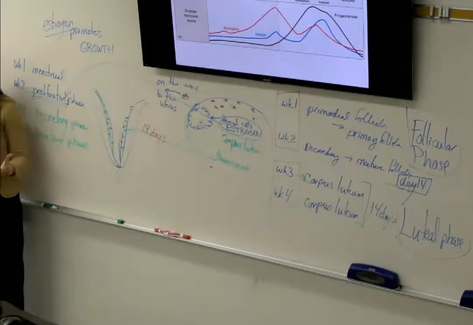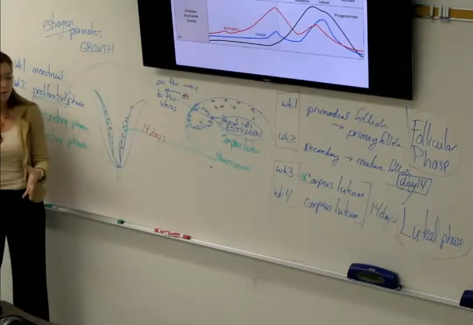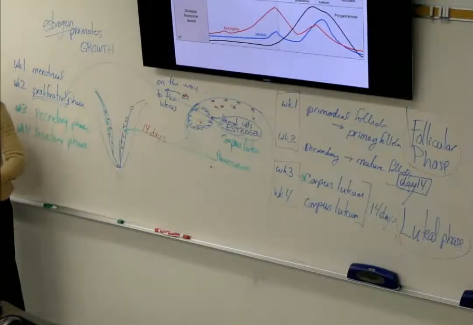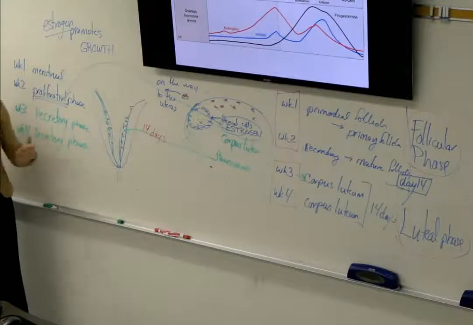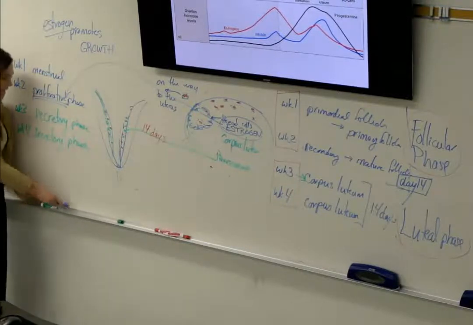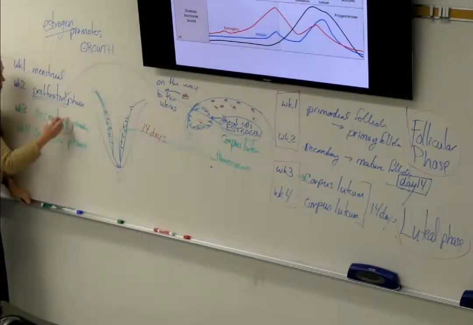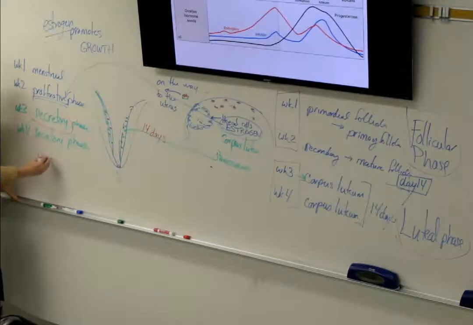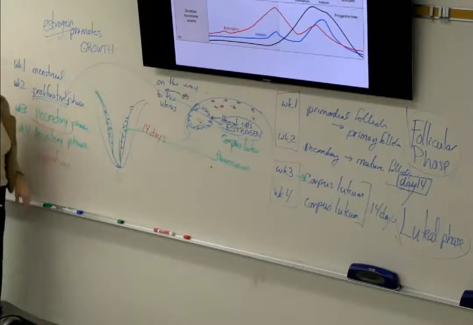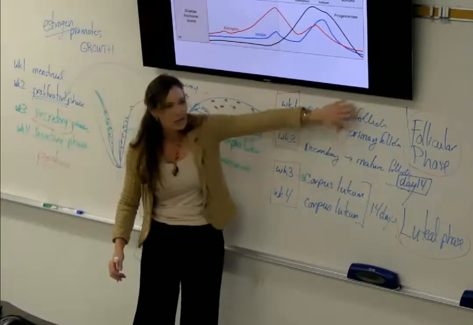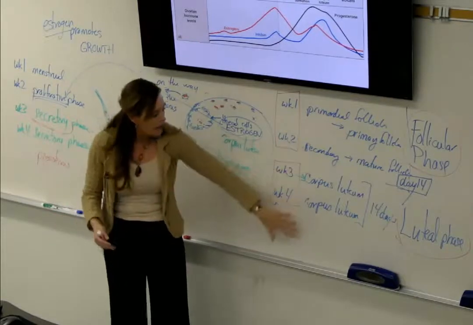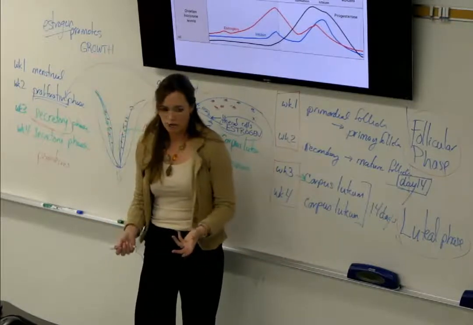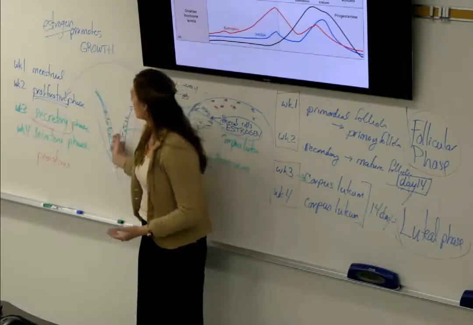Estrogen and progesterone have a relationship where it's like a yin and yang. One's going to be the growth promoter, and then the progesterone is going to be more of the mellow out, not so aggressively growth. That's why estrogen is often associated with cancers. Progesterone in balance will temper the growth and turn it into secretions and function, and that's more of a progesterone issue. So when we talk about dominant hormones, before ovulation takes place, estrogen is going to be the dominant hormone in terms of growth and development. After ovulation takes place, it's all about the progesterone doing secretions and getting this uterine lining ready for a